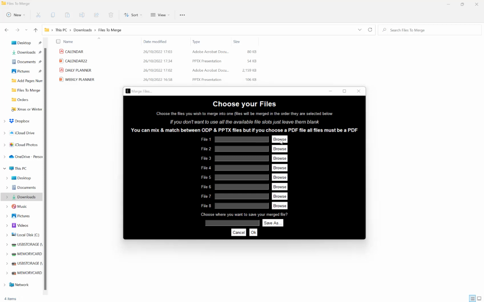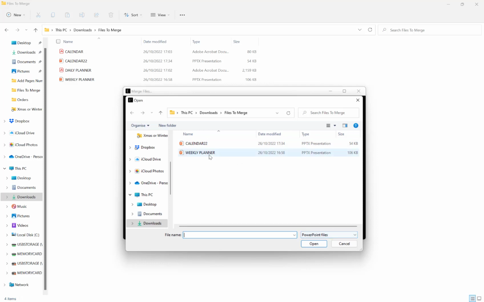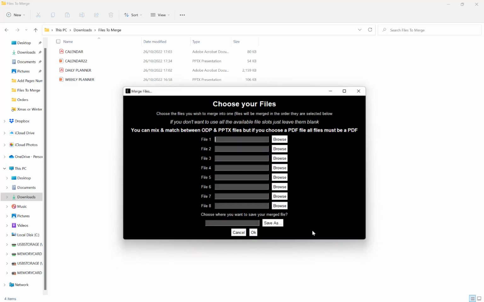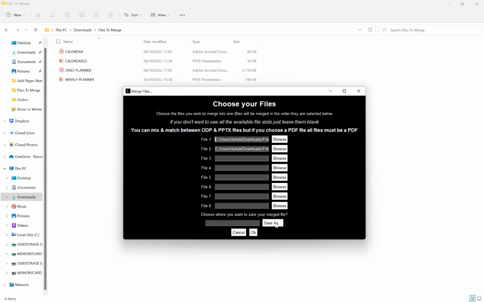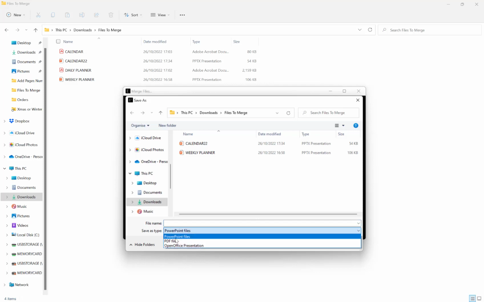So let's hit browse and let's start with a PowerPoint file. I'm going to choose here my calendar I made earlier, and then here my weekly planner, and then down here I can hit save as, and I can choose whether to save as a PowerPoint file, a PDF file or an OpenOffice presentation. I'm just going to save as a PowerPoint file, and then these PowerPoint files obviously you can open in PowerPoint, OpenOffice, LibreOffice, import into Canva and edit as well. And if you wanted to import and edit into things like Affinity Designer or Photoshop or Illustrator, then you could do a PDF file. So I'm just going to, as an example, do a PowerPoint file, and let's call it